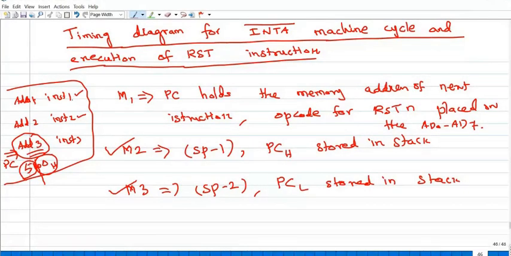During the execution of each and every instruction, the processor monitors the INTR line. Let's assume during the execution of instruction 2, the INTR line is high. So the processor completes the execution of instruction 2 first. The program counter is holding the next immediate instruction address. Let's assume 5100 is the address of instruction 3. This information must be saved in the stack memory because the INTR line is high and the microprocessor is going to service the INTR request.